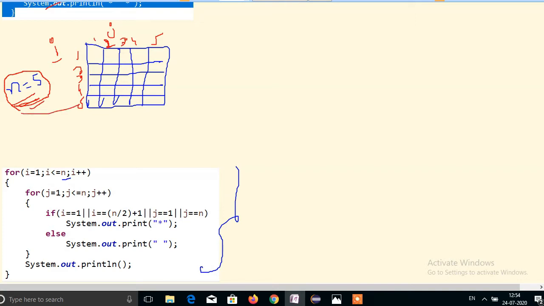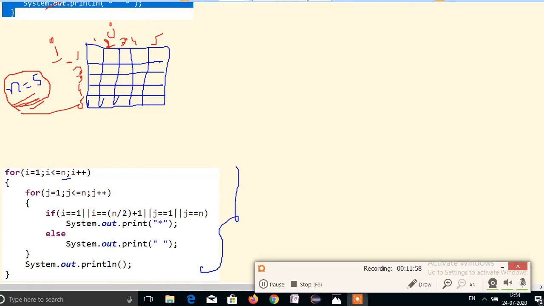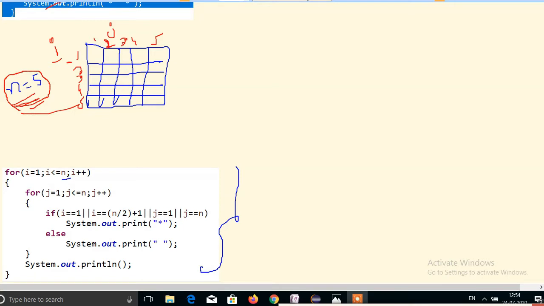Now I will take the I value starting with 1, so the cursor will start at this position. I equal to 1, so check the condition: 1 less than or equal to 5, condition true.